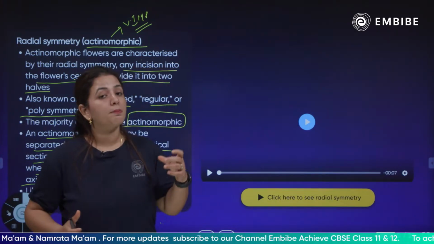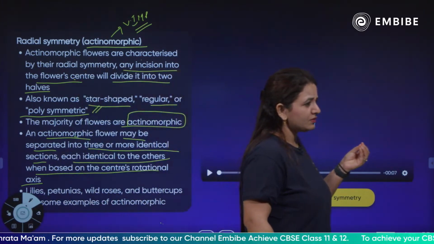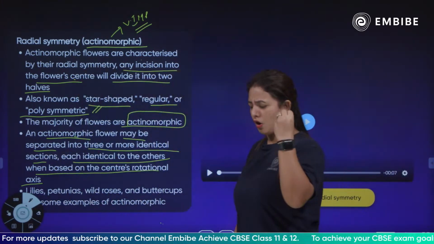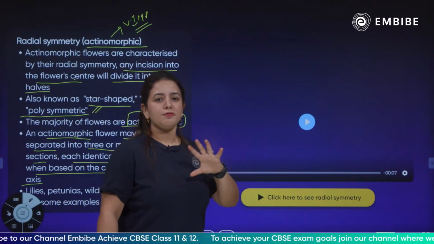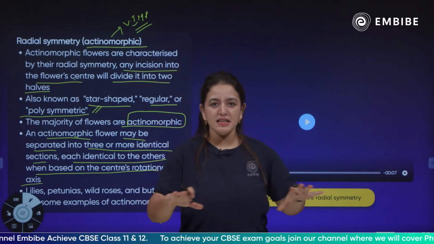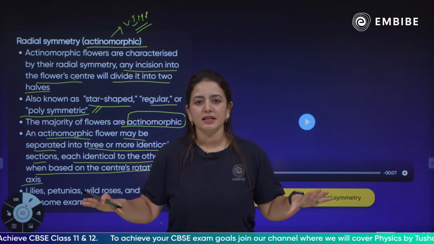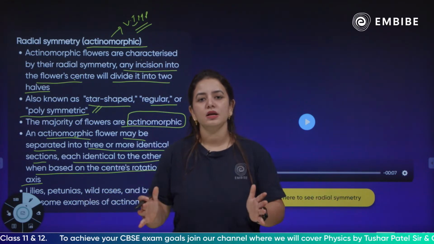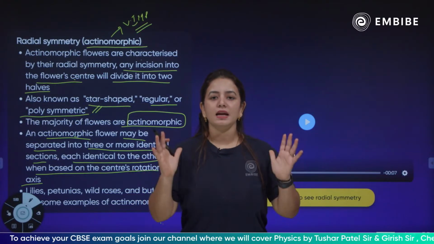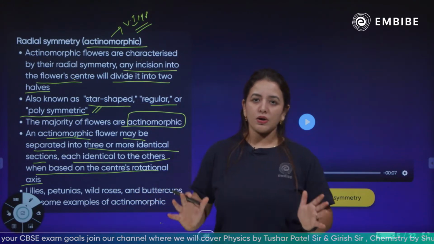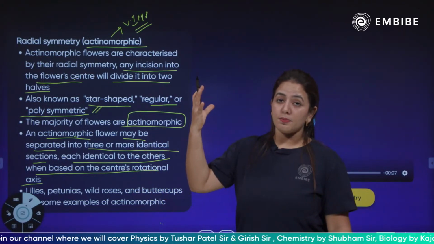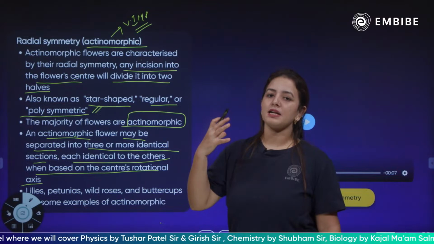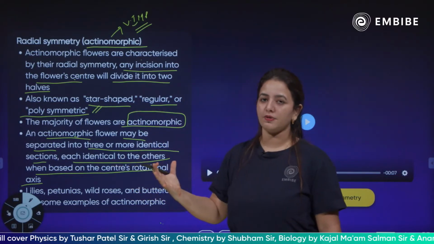Some part is short, some part is long, some part is having short leaves, long petals, short petals. No, the whole symmetry of the flower, if we are dividing them, if we are seeing them after cutting that, we will see that all the flowers possess equal and identical shapes. Okay. Next, the plants which have the actinomorphic symmetry, or called